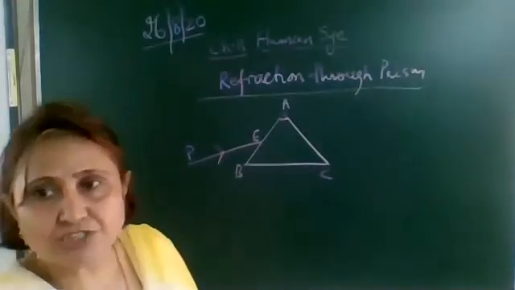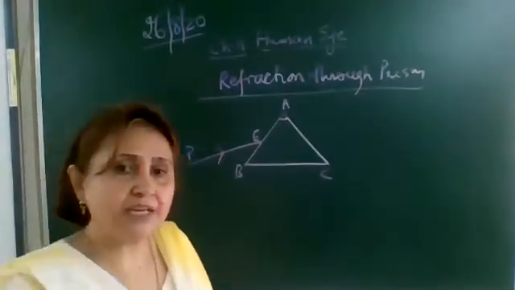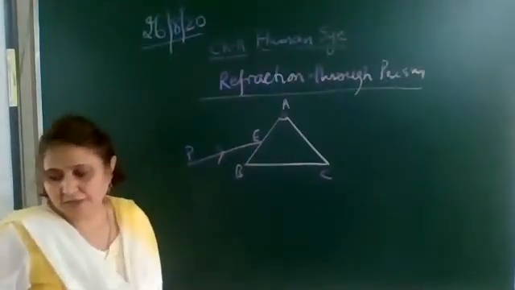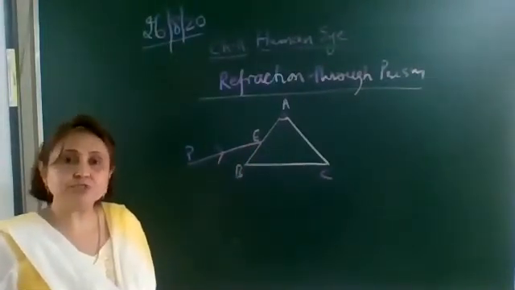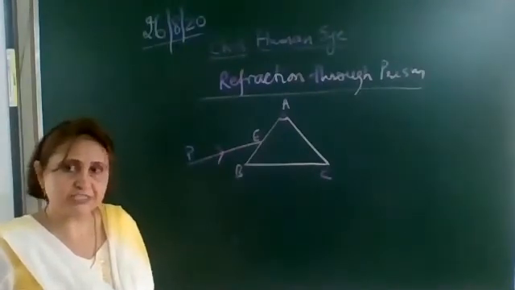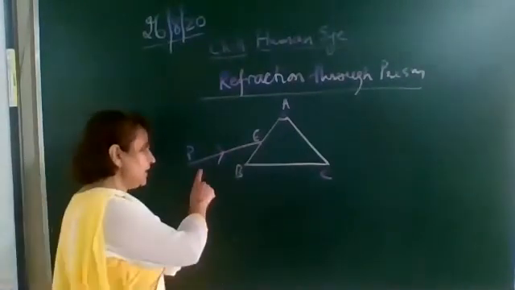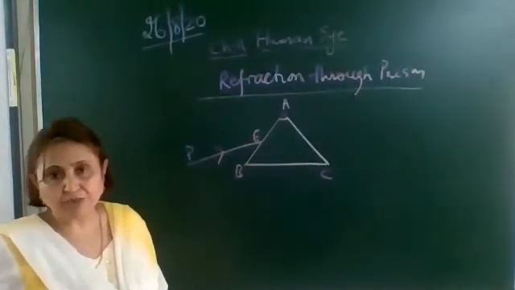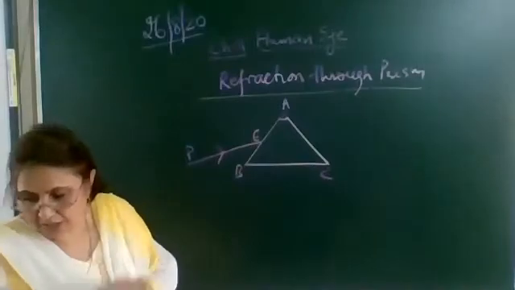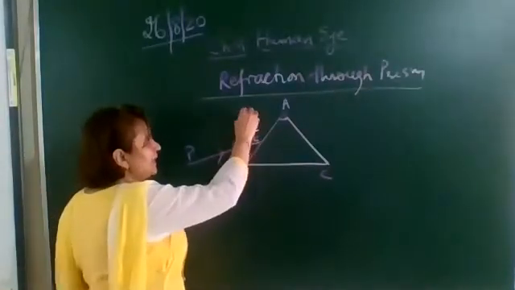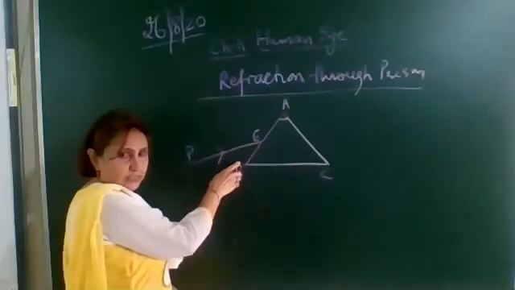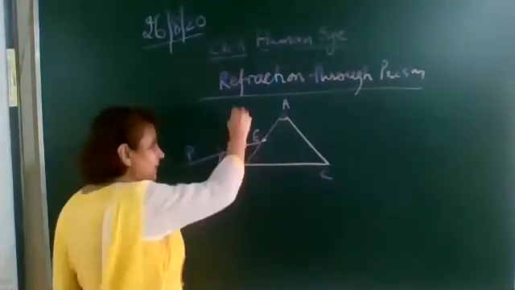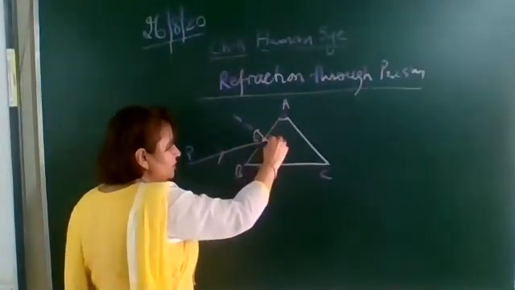Glass is denser to air, and whenever a ray of light passes from a rarer to a denser medium, which side does it bend? It bends towards the normal. We have already studied in refraction that a ray of light passing from rarer to denser medium will bend towards the normal. So here let's draw a normal at point E on the AB face. So on the AB face at point E, we are drawing one perpendicular, which we call the normal.